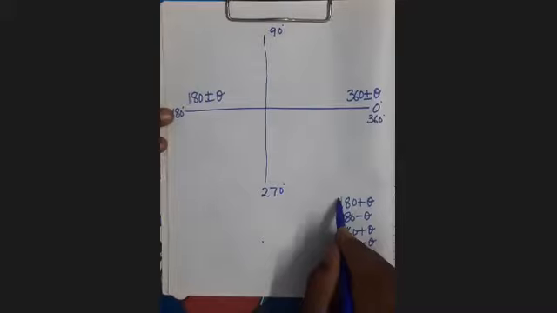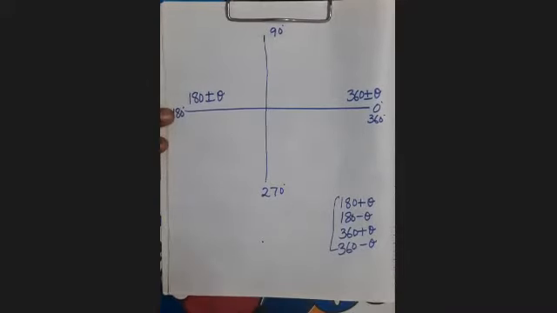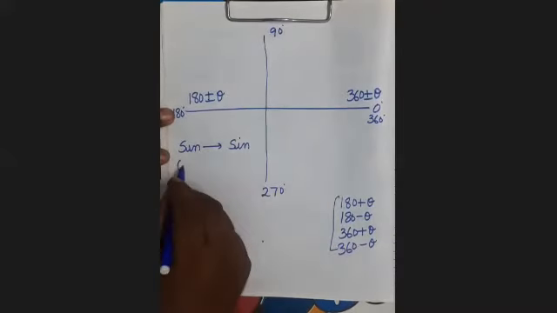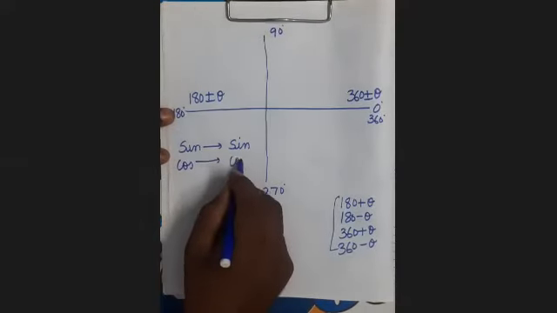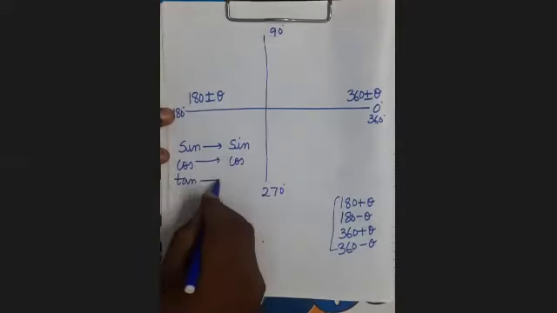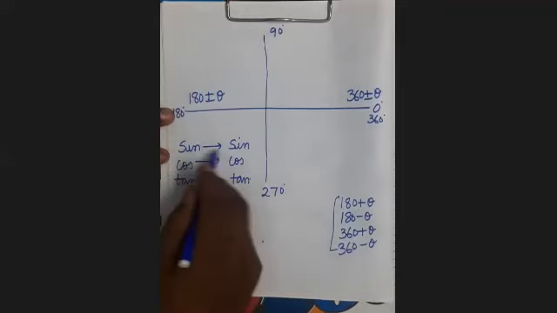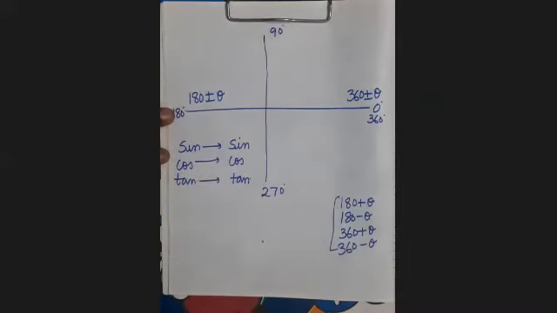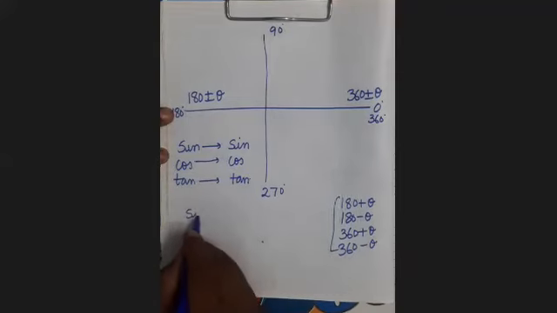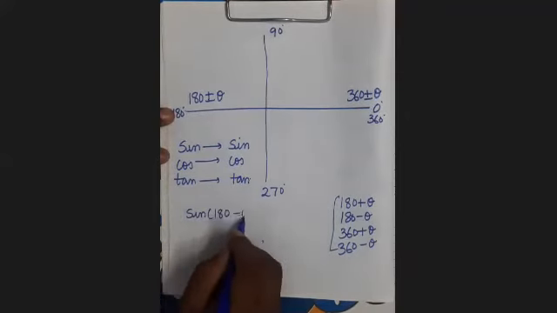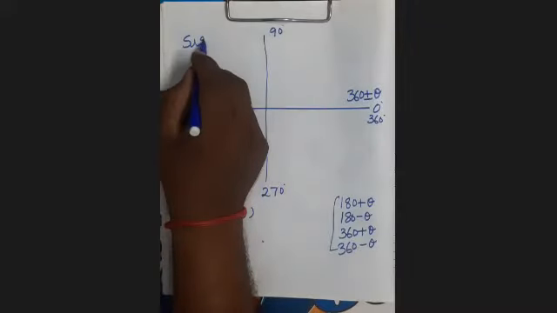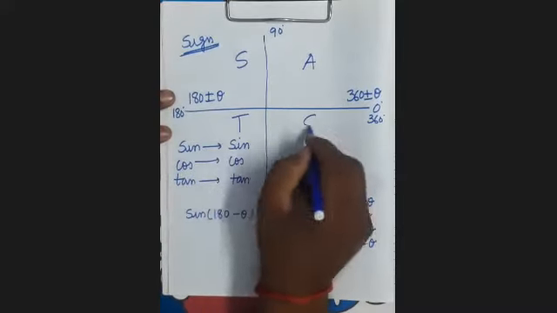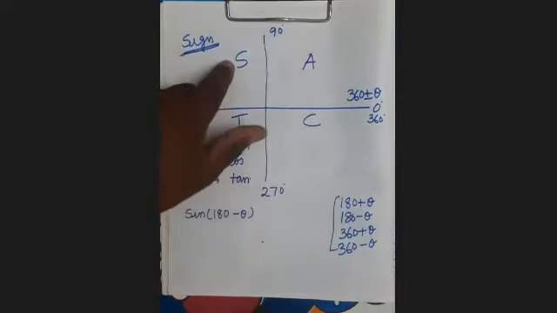Now see here, if the angles are like this, then there will be no change. Sine changes into sine. Cos changes into cos. Tan will change into tan. And same with the reciprocals, cosec, sec, cot. Suppose there is sine 180 minus theta. First you determine the sign. हमने पहले ही बताया, पहले क्या देखना है? Sine देखना है. All STC. Cos sec, tan cot, sine cosec, all.